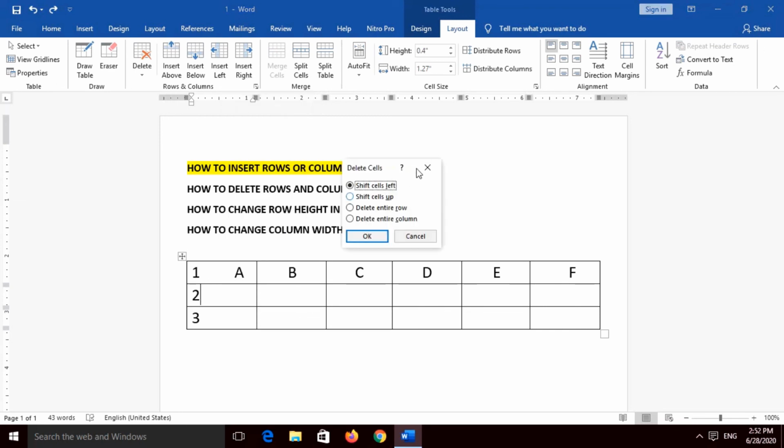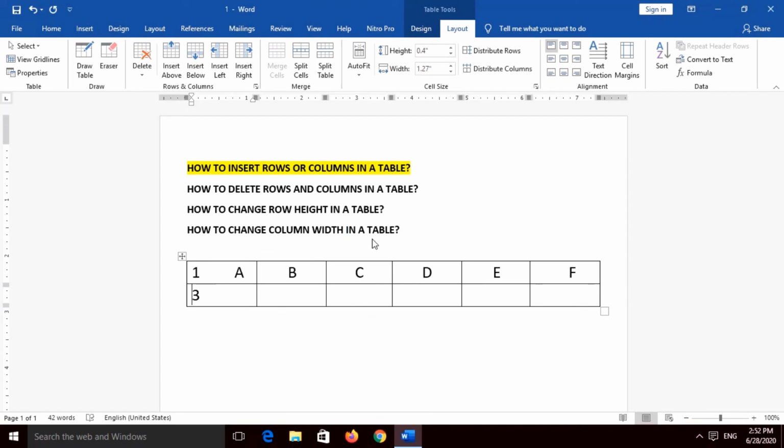Click there, and a dialog box comes where you can choose delete entire row. I have chosen delete entire row, and if I click on OK, now you can see row number 2 disappeared.